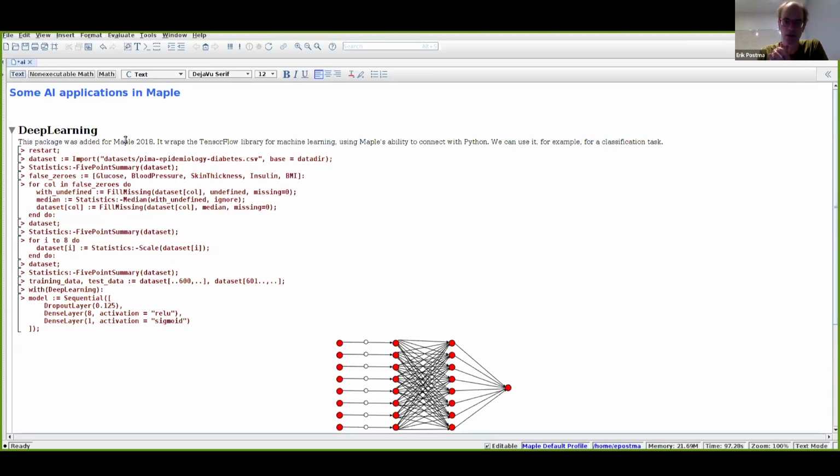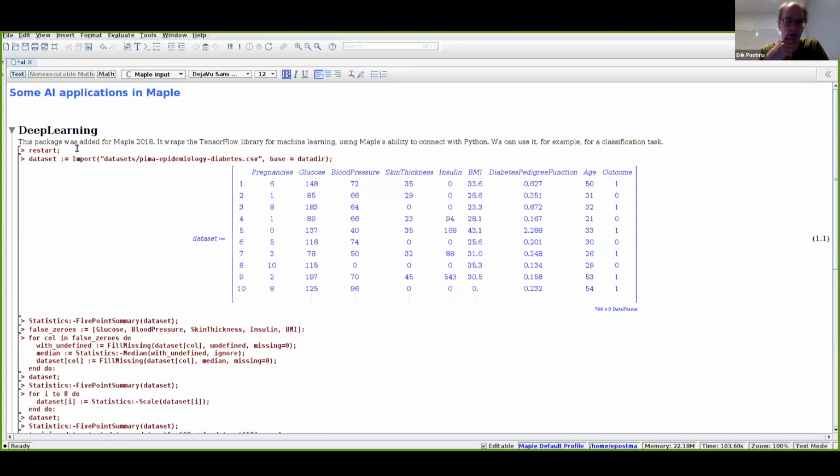What I want to do here is just give you a bit of a flavor of what it looks like to work with this package. I took an example data set that we distribute with Maple. This is an open data set that we didn't gather ourselves. It exists on online platforms like Kaggle and the like. It is a medical data set where I don't even know exactly what the predicted outcome is, but the setup is